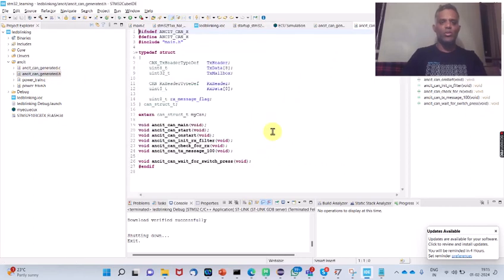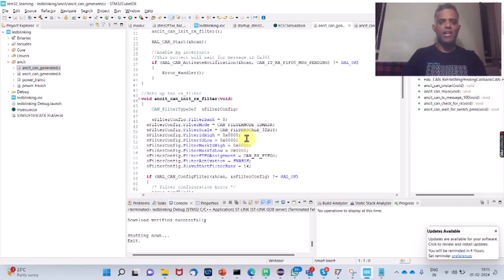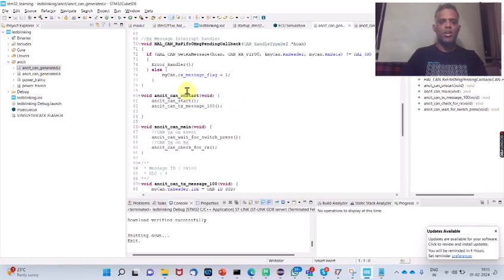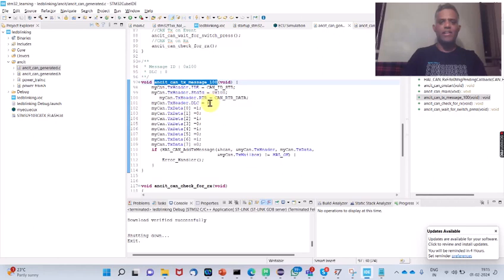First, it generates code like this, right? So this is typically how you do your STM code. I've not done anything new. I've got a new method called ANCIT CAN TX message underscore 100. And if you look at the implementation of that, it's on start of the flash of the ECU. It sends out 100, and we had entered a DLC of 8 with the message ID as 100 with 1, 0, 1, 0 over here, and it's generated the code. I could just select this, make a build,